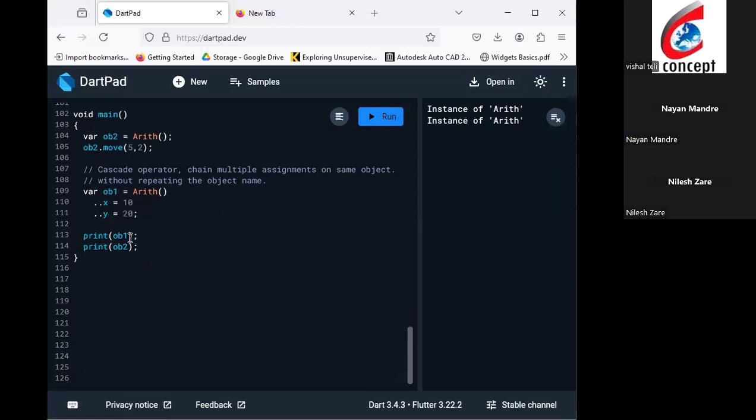See, this is telling us the type of OB1 and OB2. These are instances of arithmetic. When you pass the OB1 and OB2 objects to the print function, it converts the object into a string, and then it displays that this is an instance of the class name arith. All right. So now what you can do is, if you want to print, let's say,